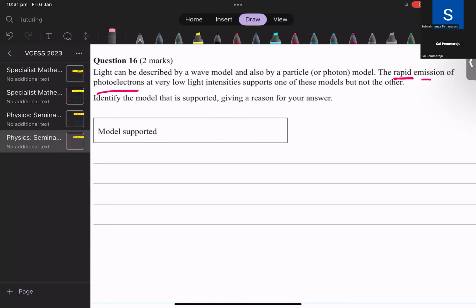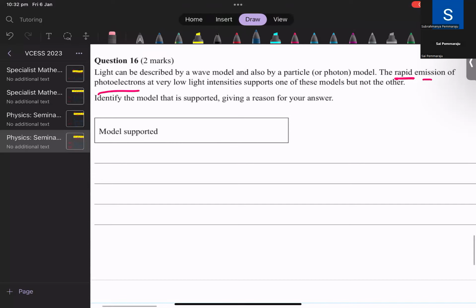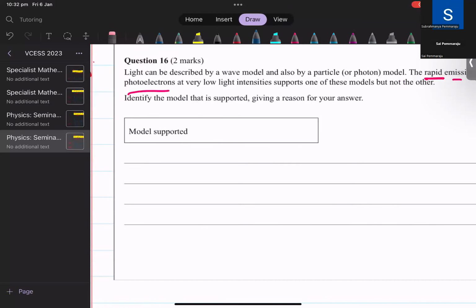Sorry, my apologies, I am experiencing some technical difficulties here. So one of the models is supported, but the other one is not. Which one is it? Is it the particle model or the wave model? The low light intensities make me think that it is the wave model,